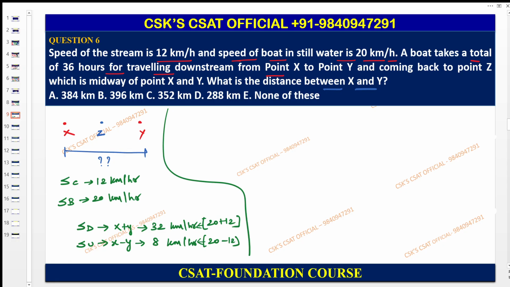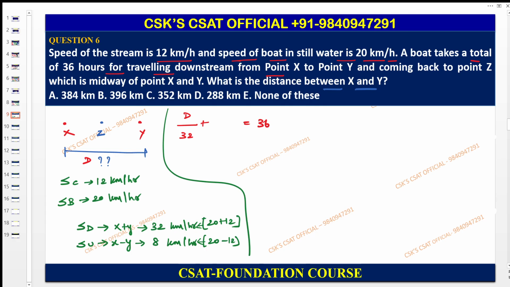the total from X to Y and Y to Z takes 36 hours. So please understand that one. 36 hours for traveling downstream from the point X to Y and coming back from Y to Z. That only is 36, which means half a distance. So here, full distance, you can take that distance as d here,